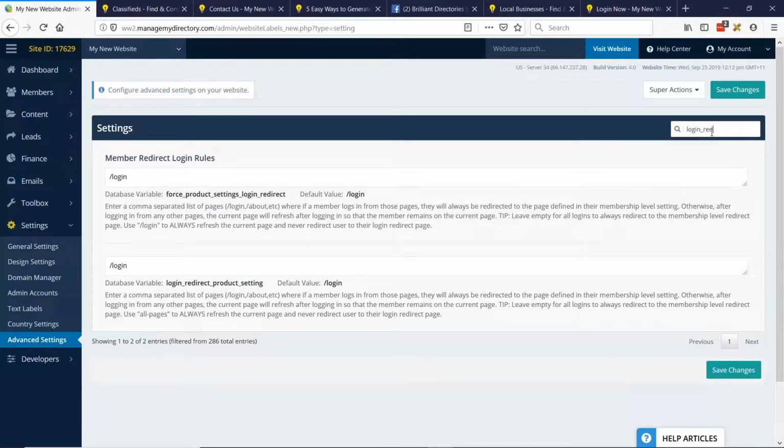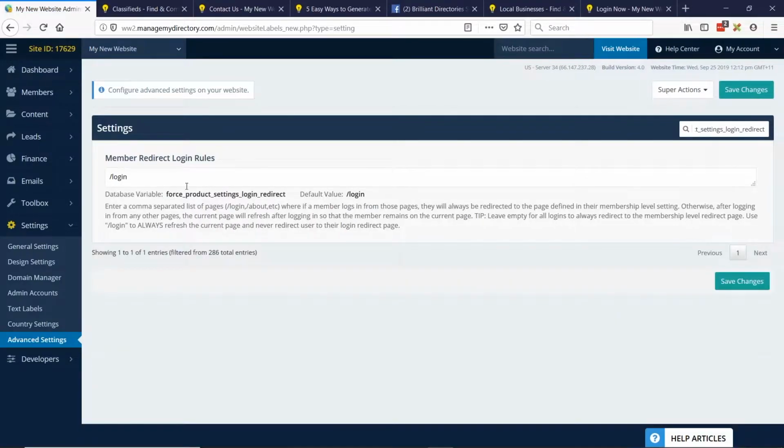Log in. Here we go. This is the one here, force product settings, and I'm going to put this in the chat. So what you can do here is define the pages where it will redirect them